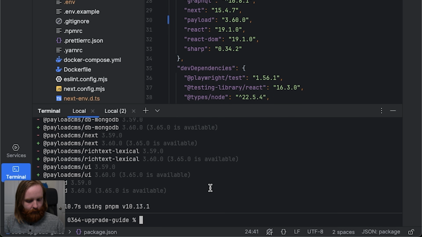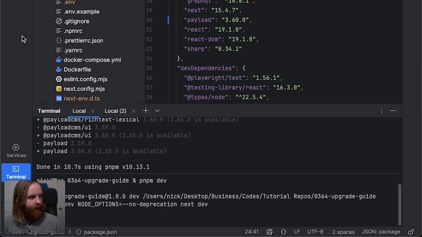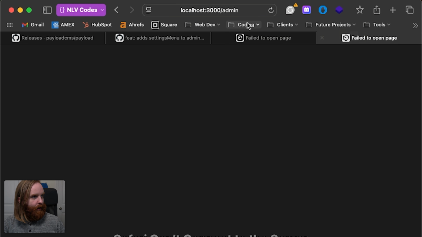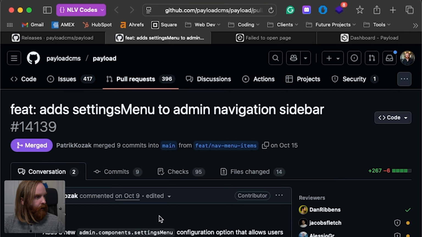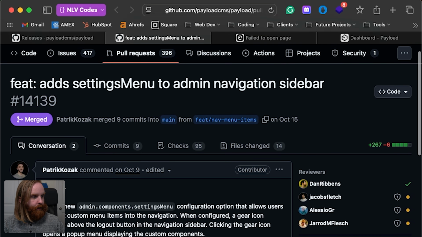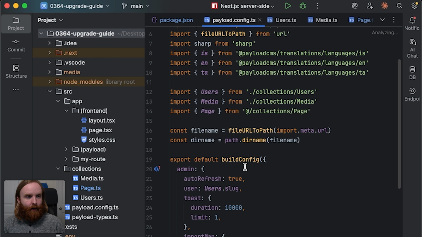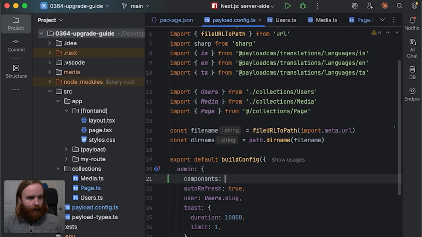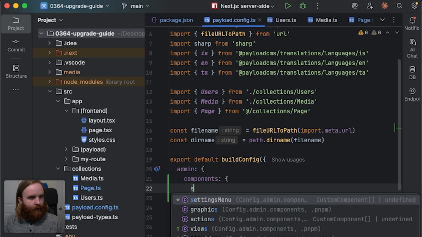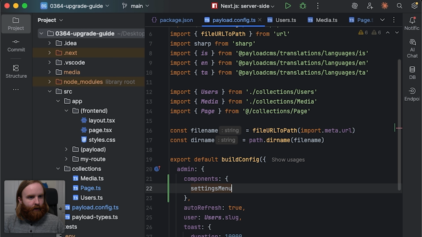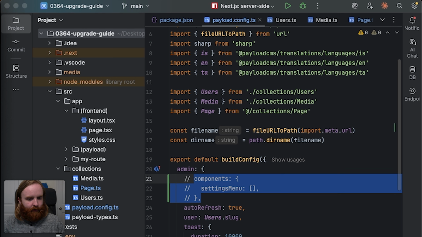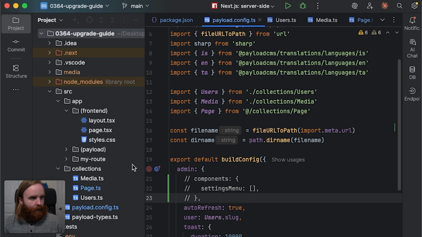Now, the settings menu, let's go ahead and just spin up our development server, pull that up, and come over to the admin panel and log in. So we can look here at admin components settings menu. We can go over to our payload config. We'll go to our admin and we'll start with components because we don't have that yet. And then we'll do settings menu, which is going to look for a custom component or an array of custom components at least. So there is no default,